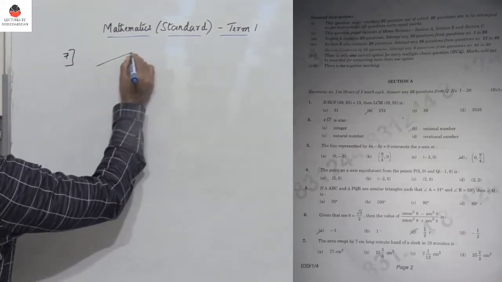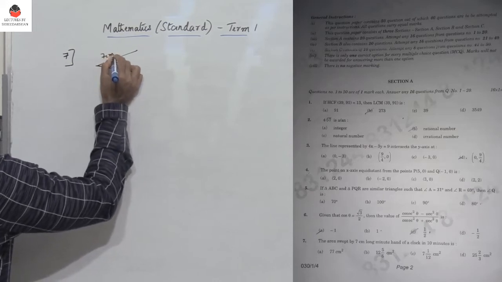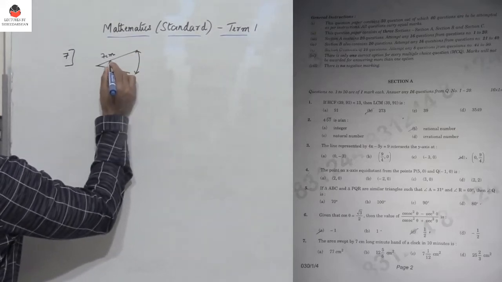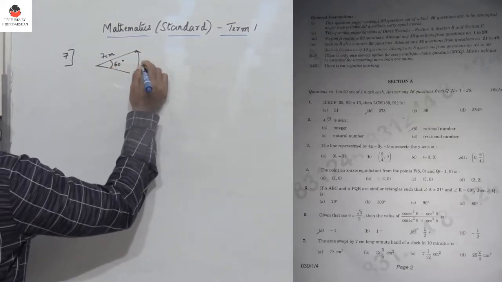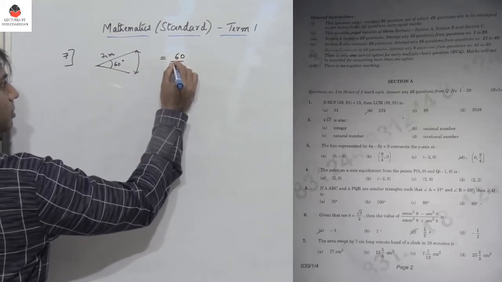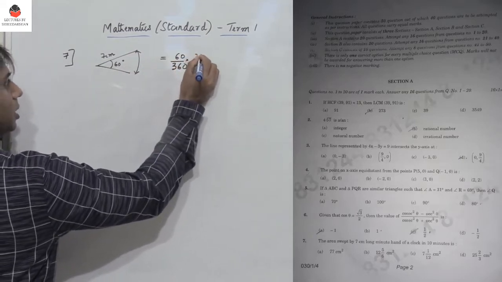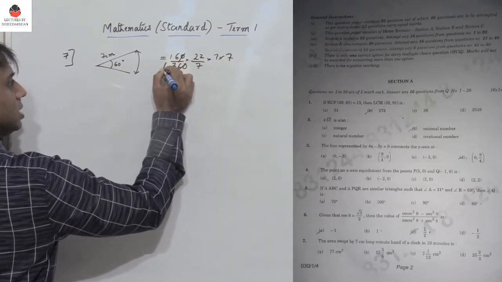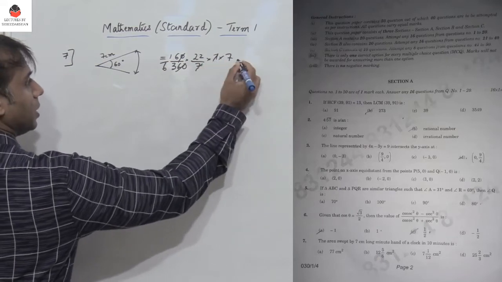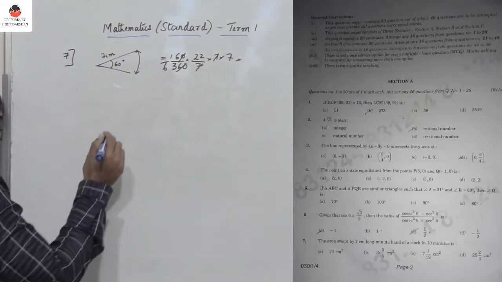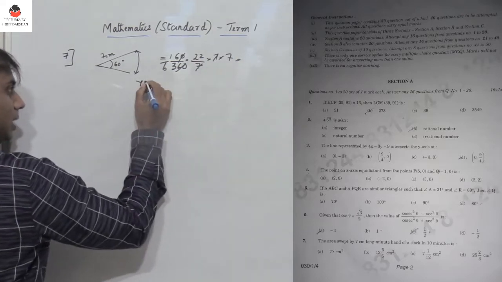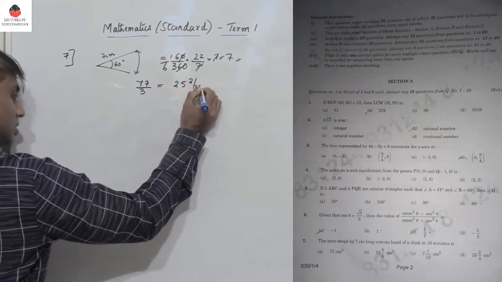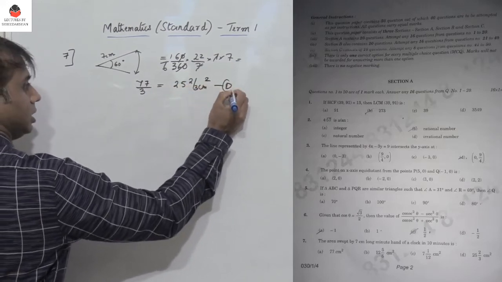Find the area swept by a 7 centimeter long minute hand in 10 minutes. So in 10 minutes, what is the angle? The angle is nothing but 60 degrees. So what is the area? The area is 60 divided by 360 into pi, which is 22 by 7, into r square, 7 into 7. This is 1 by 6. 7 gets cancelled. So we have the value as 77 by 3, which is nothing but 25 2 by 3 centimeters square, which is option D.